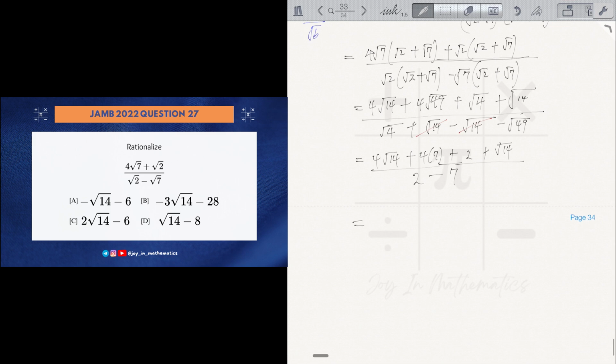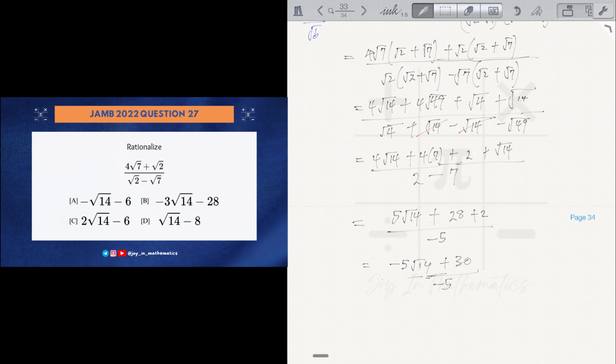So let's solve the numerator. 4 root 14 plus root 14 will give us 5 root 14. This is 28 plus 2, and the denominator is what? 2 minus 7, which is minus 5. So we have minus 5 root 14 plus 30 divided by